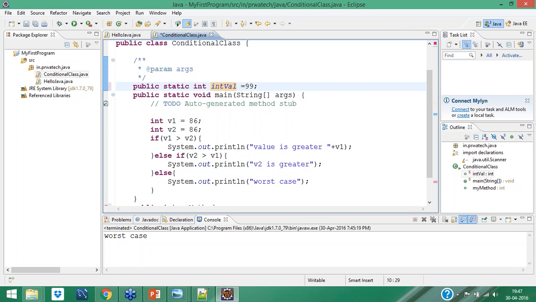You can see it's an error saying add return or change it to void. I told you void doesn't require any return statement, but this one requires it because it's an integer. Its return type is different. This is my access modifier, which says whether it is accessible, public or private.